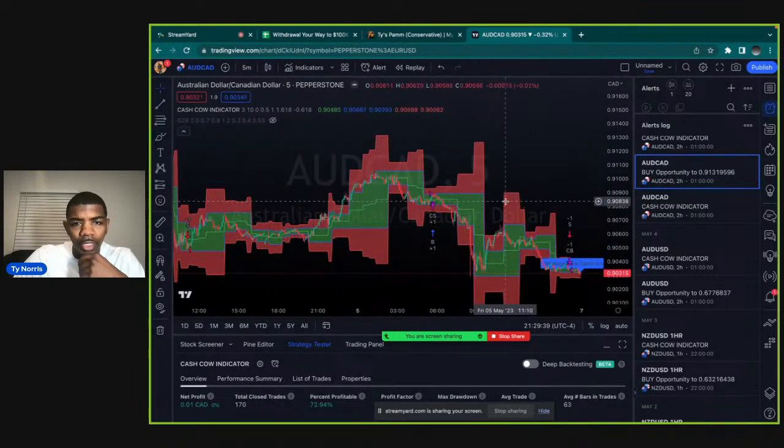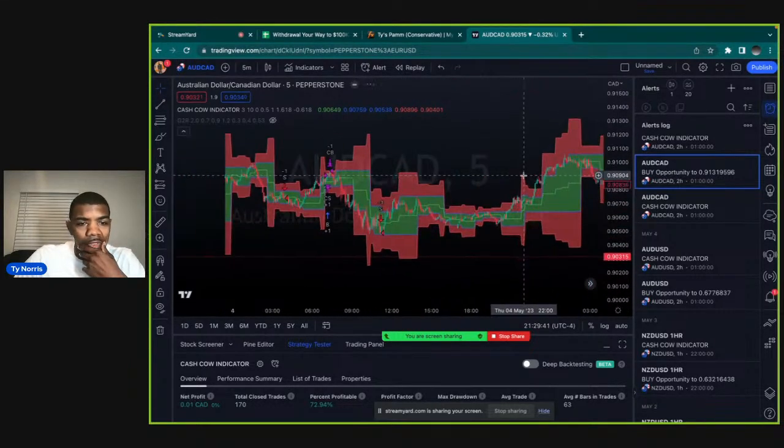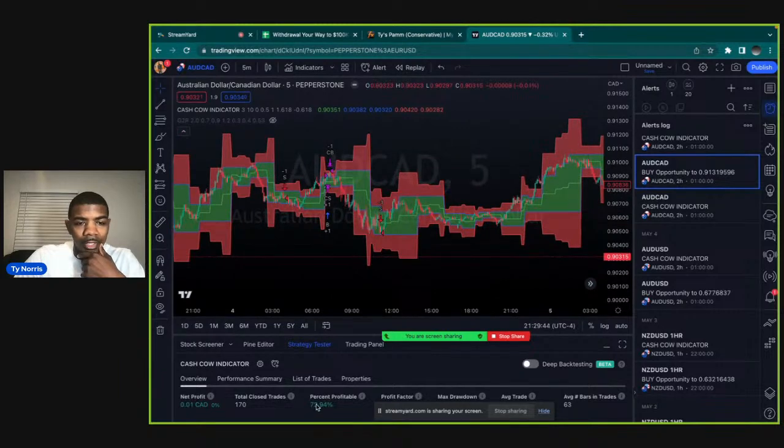And me personally, I don't use it on these small time frames because as you can see down here, this indicator also tells you how accurate it is going all the way back to a year. Just like right now, it's telling you on the 5-minute time chart for AUD CAD, it's 72% accurate, and it's going all the way back